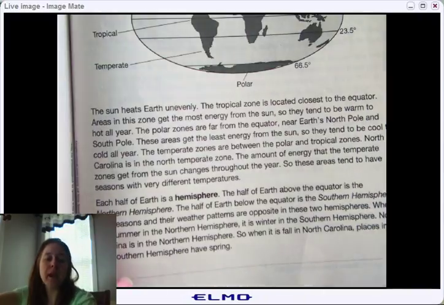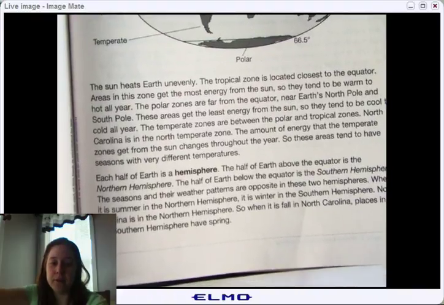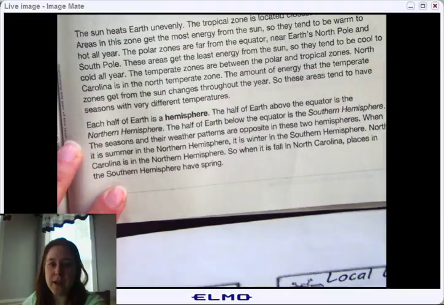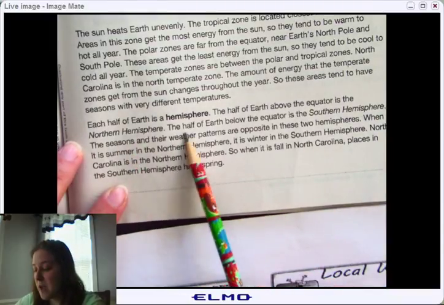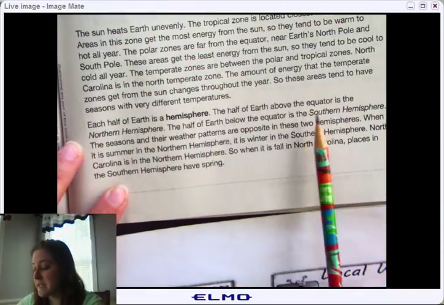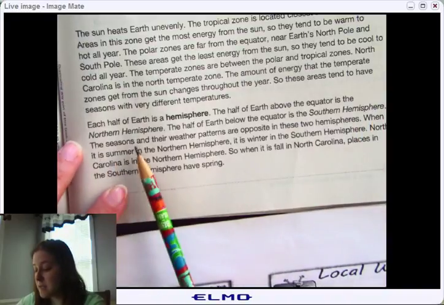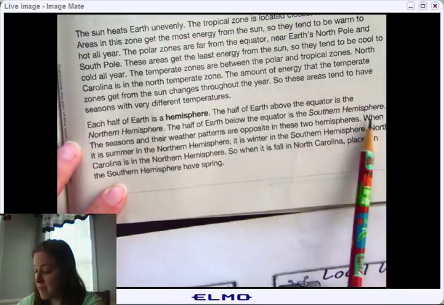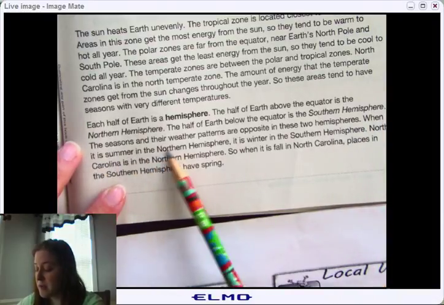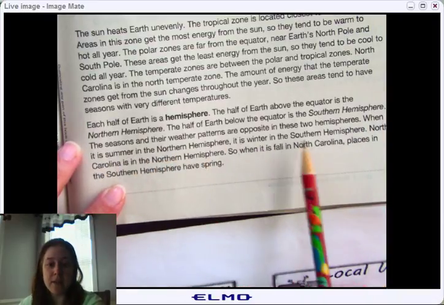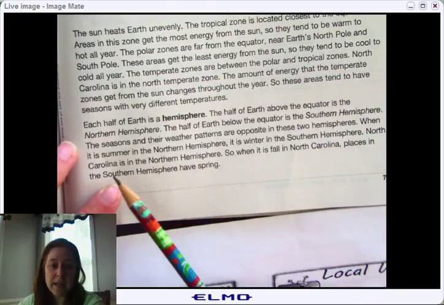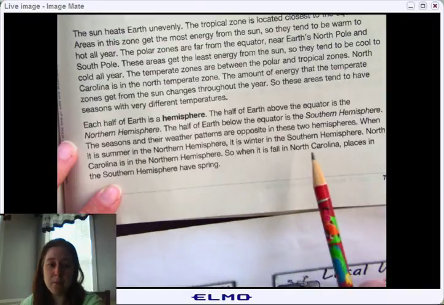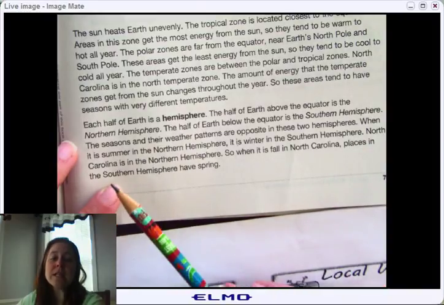Okay. Each half of Earth is a hemisphere. The half of the Earth above the equator is the northern hemisphere. The half of Earth below the equator is the southern hemisphere. The seasons and their weather patterns are opposite in these two hemispheres. When it is summer in the northern hemisphere, it is winter in the southern hemisphere. North Carolina is in the northern hemisphere, so when it's fall in North Carolina, places in the southern hemisphere